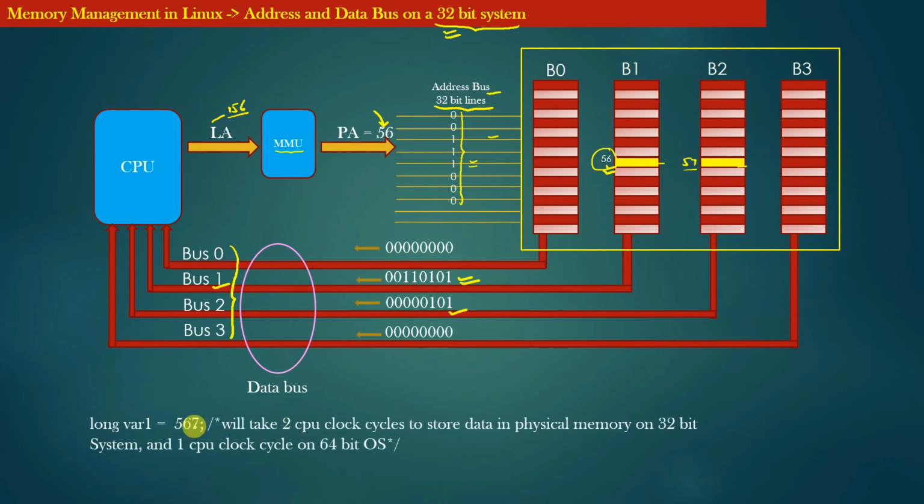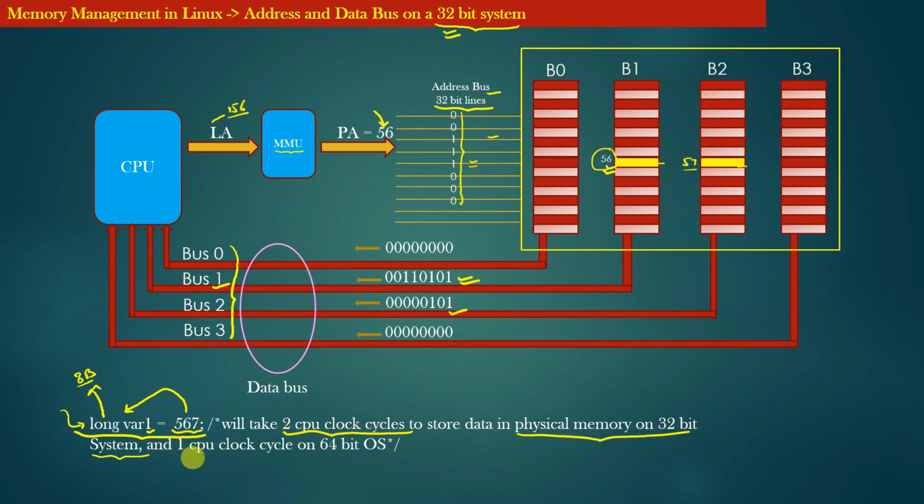So going by that, suppose in your program you write the following statement. Now let us assume that the long data type is of size 8 bytes. It means that we are trying to copy 8 bytes of data into a memory location identified by variable 1. Now on a 32-bit system, the CPU can perform read and write operations of 4 bytes in one CPU clock cycle. Therefore, in order to copy 8 bytes of data into this memory location, the CPU will have to perform the write operation in 2 CPU clock cycles, right? So the CPU will take 2 CPU clock cycles to store the data in physical memory on a 32-bit system,